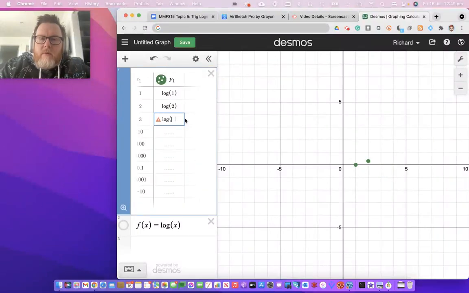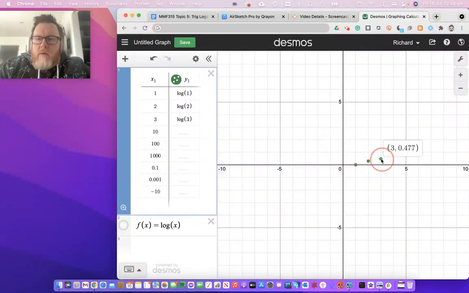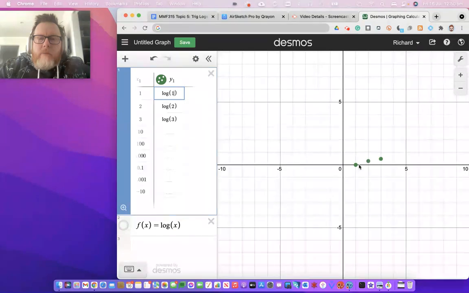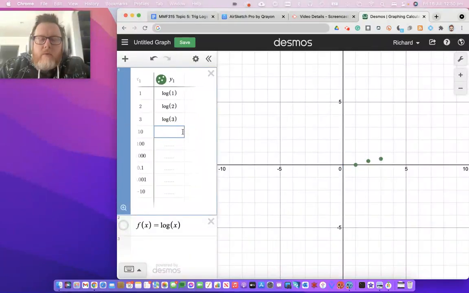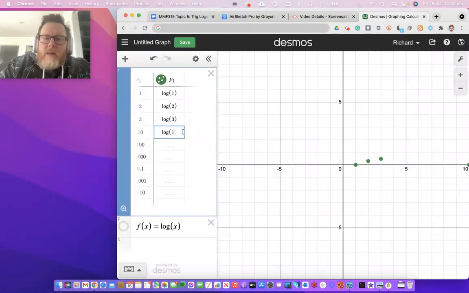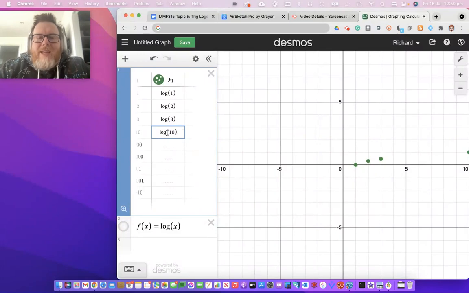Log of 3 would be 0.477. So just a little bit of a gap as well. It really feels like it's going to flatten out, isn't it? When's our next whole number? Well, 10 to the power of 0 is equal to 1. All right, okay. So we don't get to our next whole number until the log of 10,